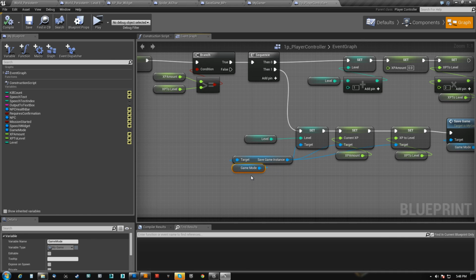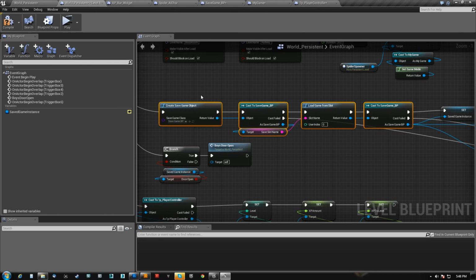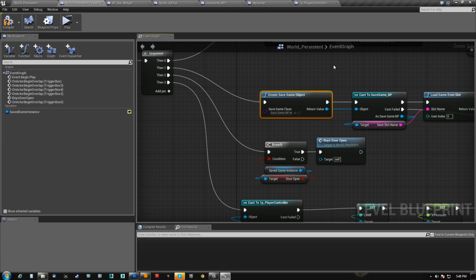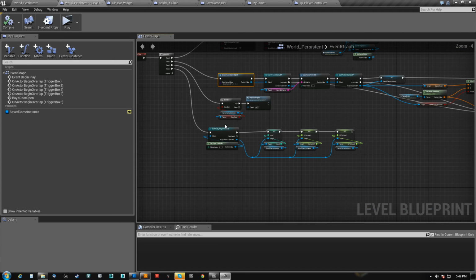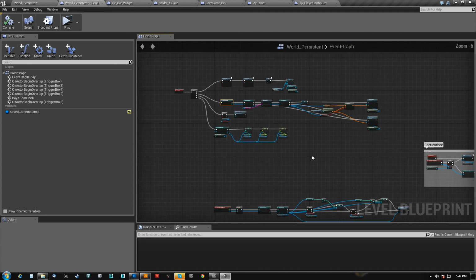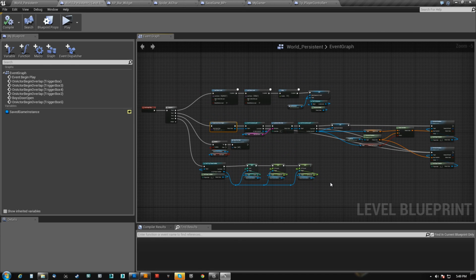Now, see, the thing is I think every time I run the create save game, so I didn't like doing it too many times. I think every time you do this, you create it fresh. It comes in empty as the base with all the defaults until you load the data. It's all defaults, I believe, anyway. So I'm going to have to do that. We're just going to have to run through it one extra time. It's not that big of a deal in this case because I don't have that much going on, but I would be really against doing this